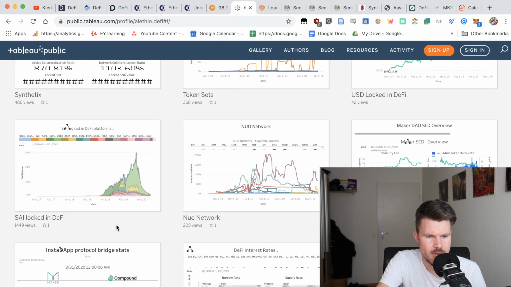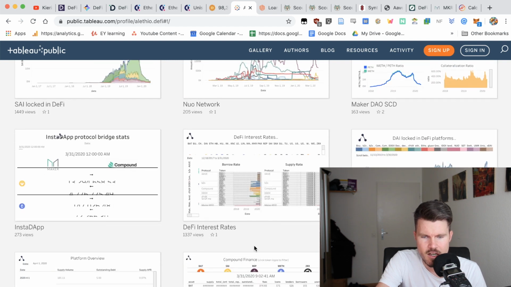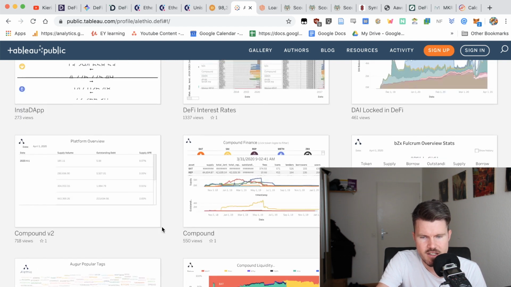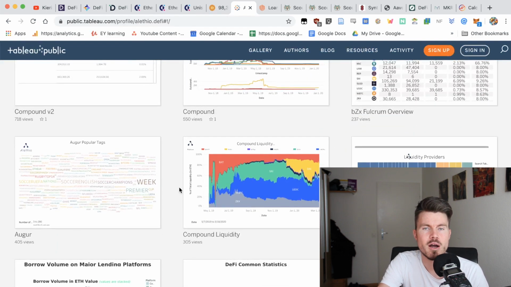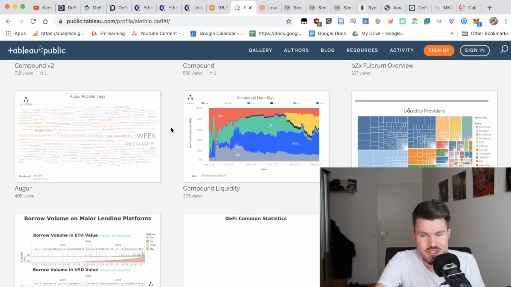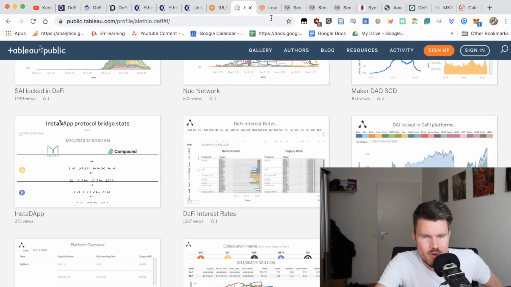You've also got information about SAI locked in DeFi, MakerDAO, SCD, DeFi interest rates. So a lot of information on this public Tableau. I think this is a very valuable resource for any decentralized finance investor. Next up on the list is